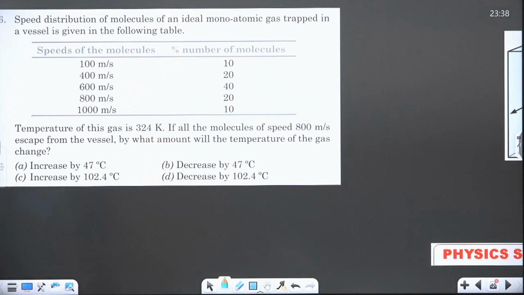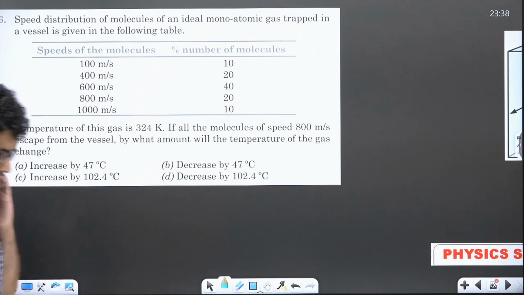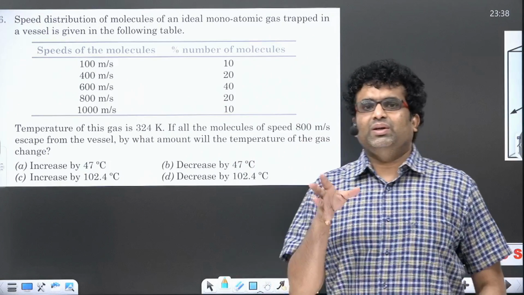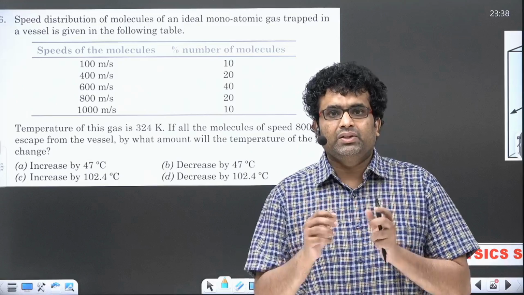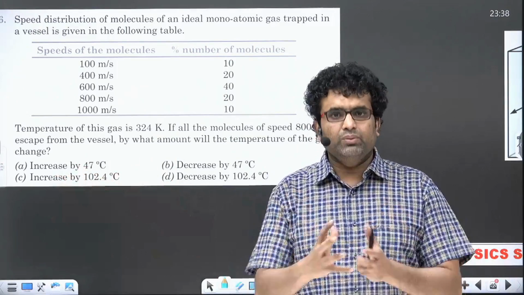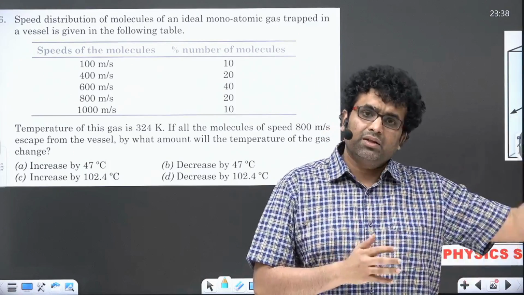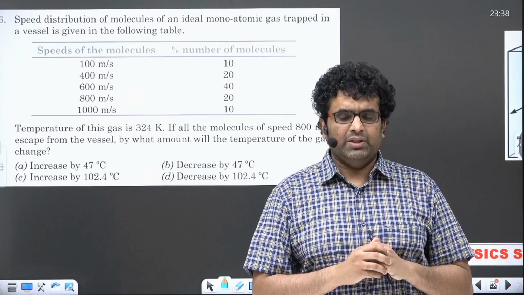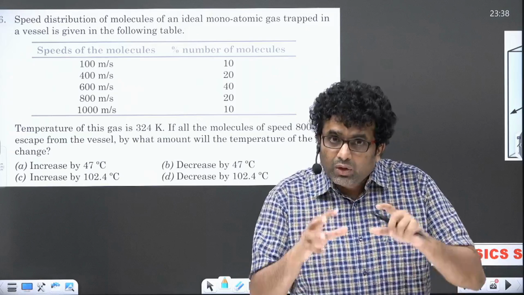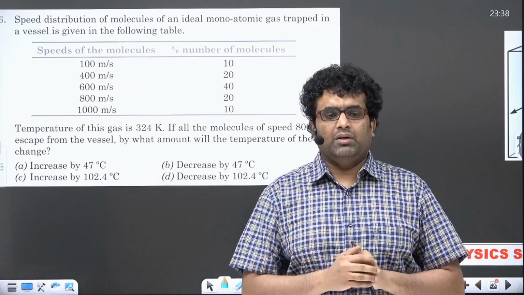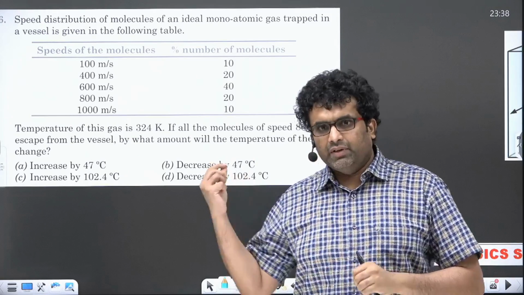So I hope you have given it enough time to read the question as I suggested and gave it an attempt. So I'll go ahead with the discussion of the solution now. This particular problem is a very good tool to understand what we have done in the previous slides. We tried to realize the kinetic theory of gases, arrived at the VRMS formula, and then discussed the Maxwellian distribution of velocities, tried to understand how the Maxwellian distribution came about, and solved some hypothetical distribution function problems also, and then we arrived at this particular place.